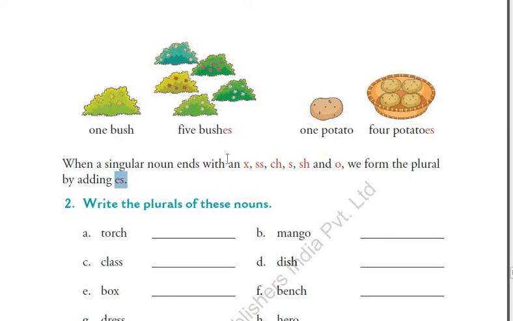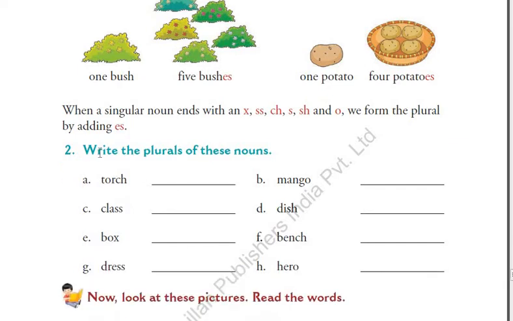I don't have any magic for this. You have to remember this clue. These 1, 2, 3, 4, 5 and 6 endings you have to remember anyhow, correct. You need to remember that if either of these 6 endings are there, you need to add es in case you want to form the plural of any word.